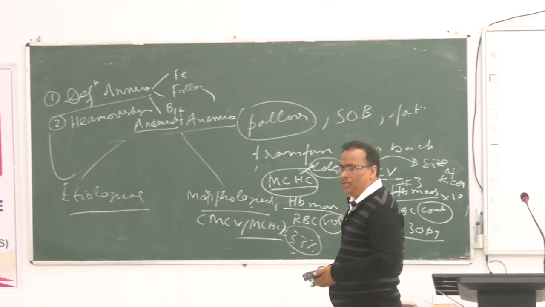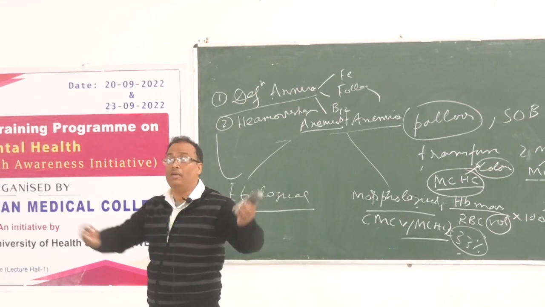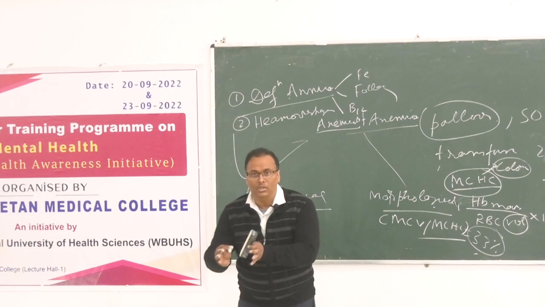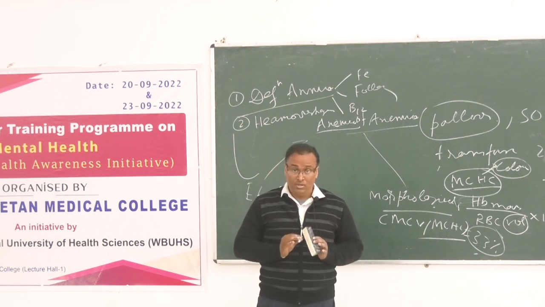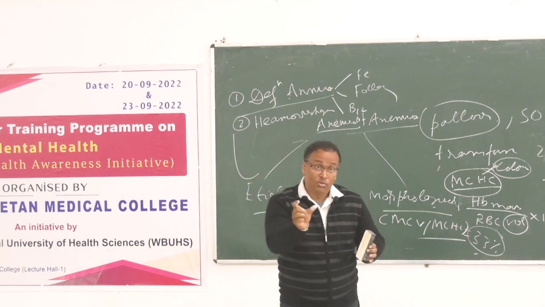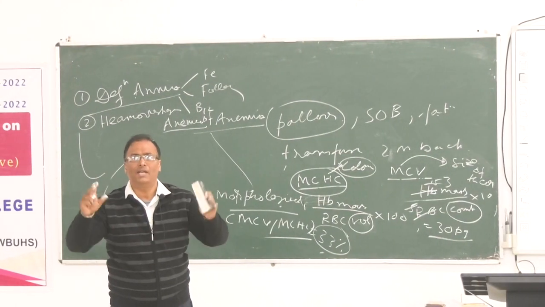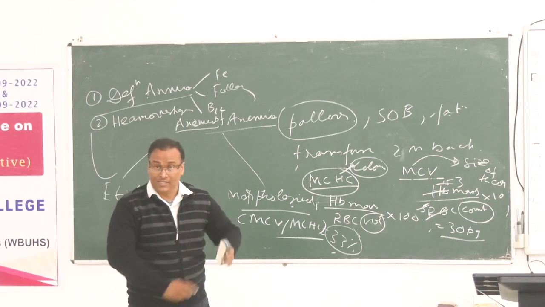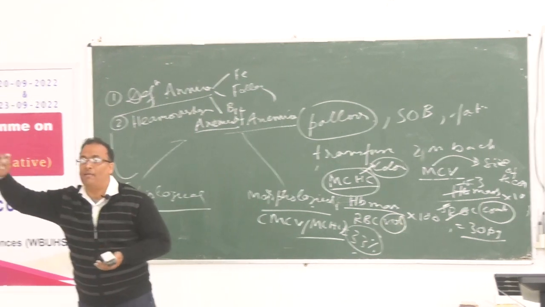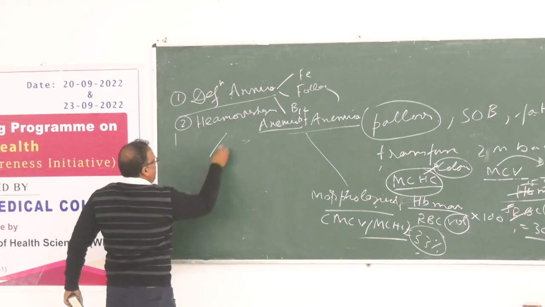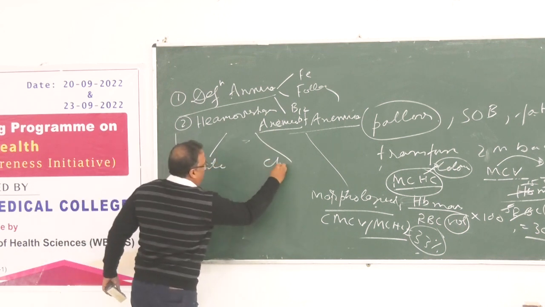In what cases can it happen? Acute means it happened a short while ago, one or two days ago, and the other is chronic, that means some weeks, some months, some years. So that is called acute, it means suddenly it happened, maybe one hour ago, one day, two days, three days, five days or seven days. To some extent some diseases are there, acute condition means two to three weeks, three to six weeks also. I am not going into details in that acute case, but remember that acute means sudden, it happens within a few days or few hours, and chronic means more than a few weeks, months, years. That is the chronic.